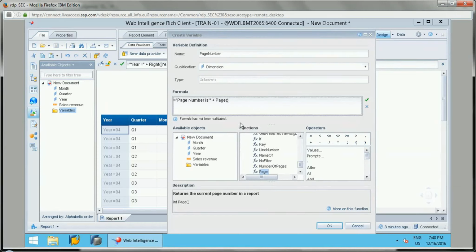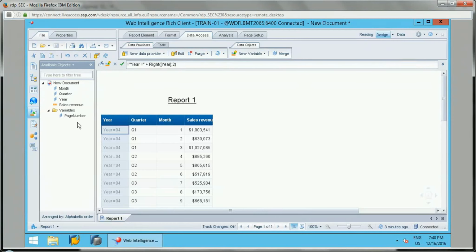I'll click on it and validate. The formula is correct, so I'll click on OK. Now this variable got created, which has the formula but with a name. Now in the available objects this variable got created, so now I can use it anywhere.